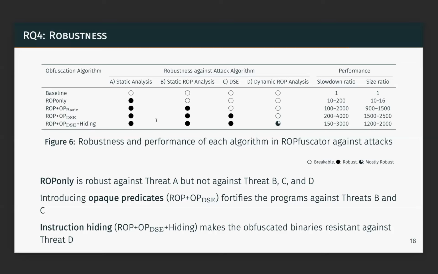No. So instruction hiding is another layer of obfuscation that we added because opaque predicates alone weren't enough. Because usually there are obfuscation algorithms that know what opaque predicates are, what code transposition is, and so on. So instruction hiding can be seen as an arbitrary layer of obfuscation that can be used to protect the ROP chains. Same thing actually as the opaque predicates. In fact, one of the ideas for the next steps is to just change opaque predicates or instruction hiding for an arbitrary additional obfuscation layer. So they could be like